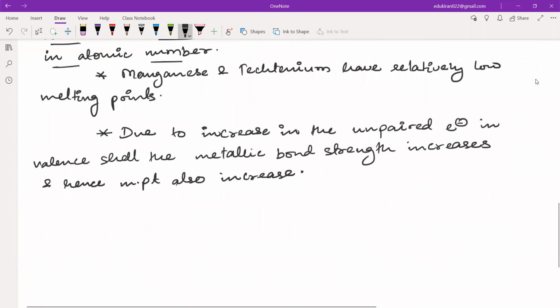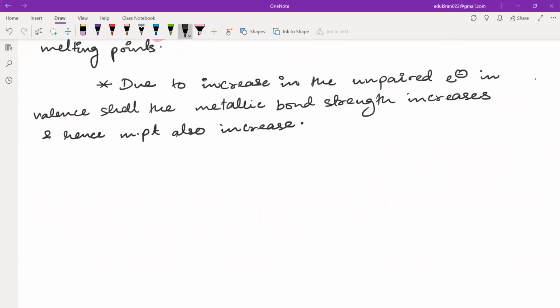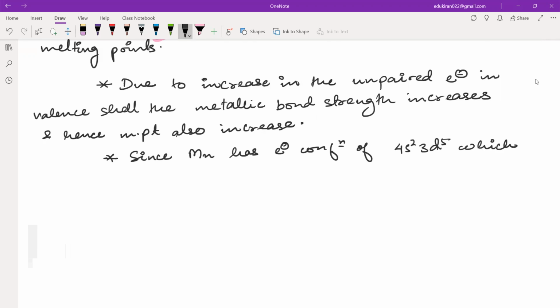Now, next is why manganese and technetium have low melting points. You can be asked about manganese because it is in the 3d series, and more focus and specific questions are asked about the 3d series. So why does manganese have a low melting point? Since manganese has the electronic configuration of 3d5 4s2, which is quite stable,